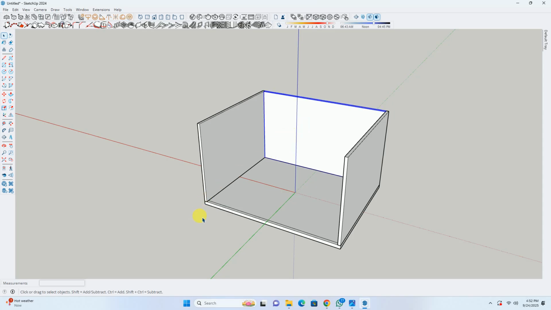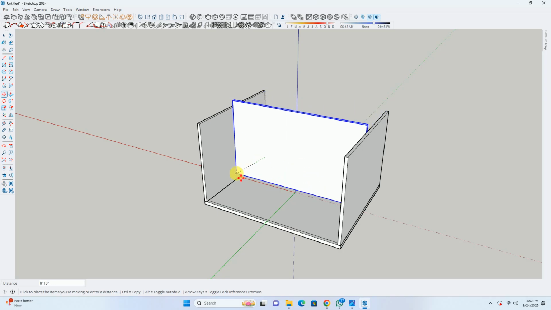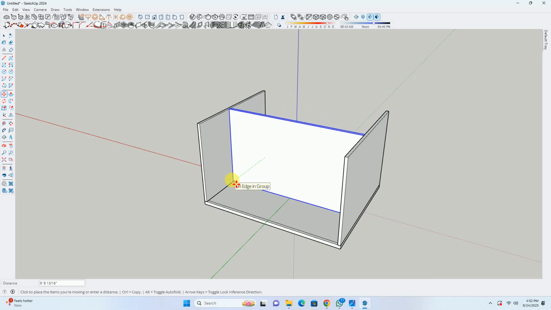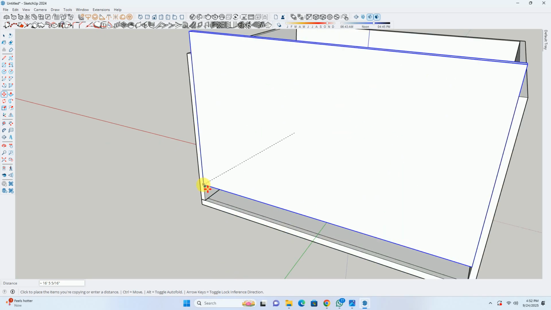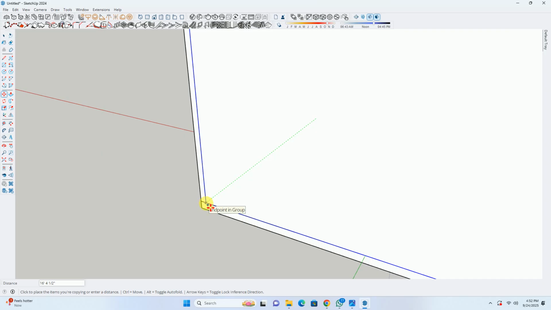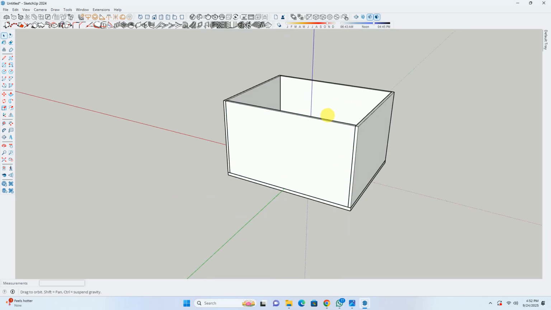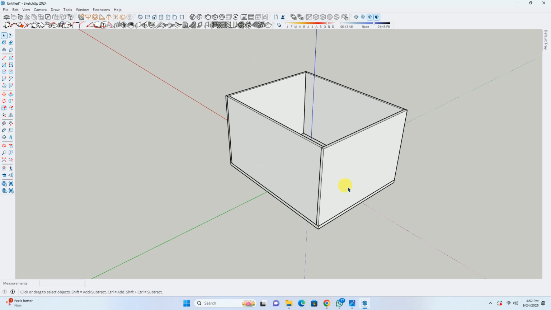Now we need to copy this wall at this point. Can you tell me how to copy this particular object? The first step will be to select the object. Then we'll hit the shortcut key M. Then we'll start moving it from this particular corner. While moving it, we'll apply the control key, as it's for creating a duplicate object. Now we'll specify its point over here. In this manner, we have created 4 walls.